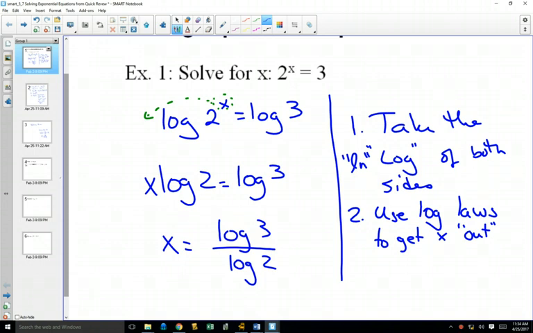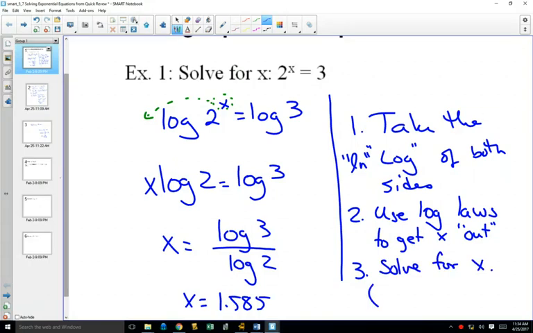So log 3 divided by log 2, we can go to our calculator, type this in exactly as we see it, log 3 divided by log 2, and we find out that this answer is 1.585, rounded to 3 decimal places. So we used our log laws to get x out of that exponent. Our third step was we used our skills to solve for x. In this third step,